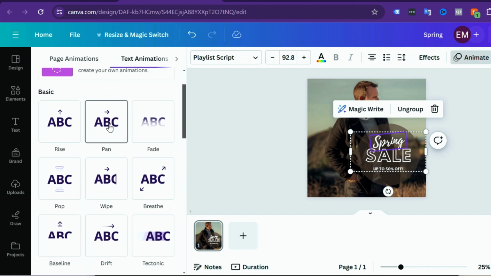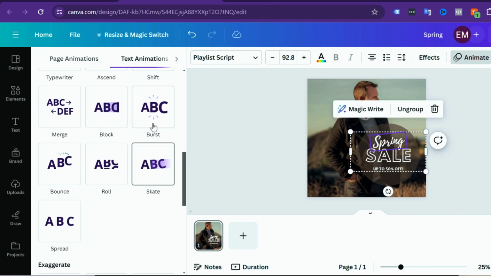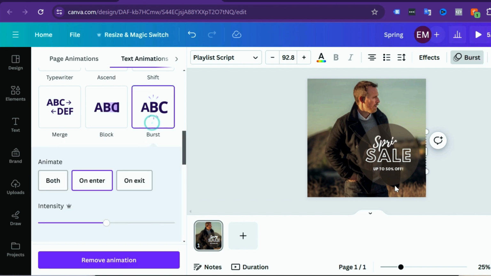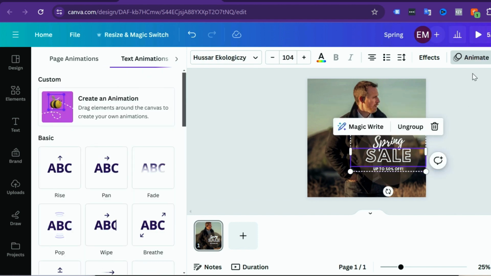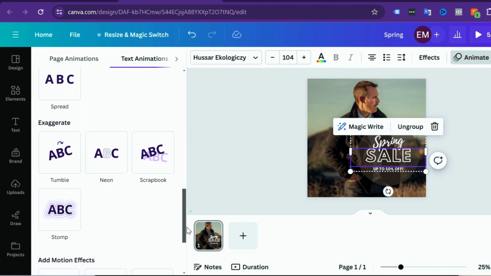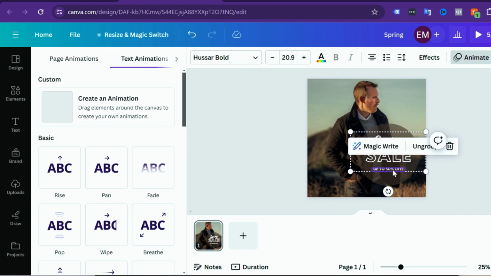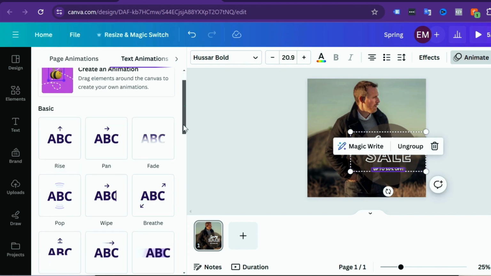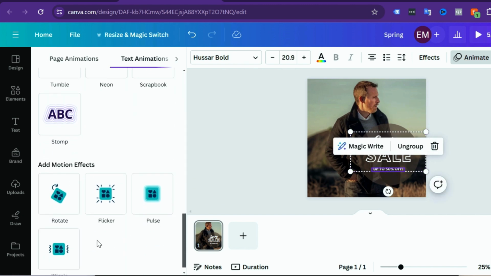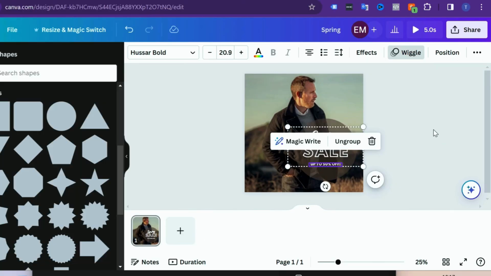If I hover my mouse, you can see the animation. So this is shift, this is burst. So I might select burst, and then for sale I could go animate, and maybe I will go stump. And then for up to 50% off, I could choose a different animation if I want, and I might go with wiggle. So now if we click play here, or we go full preview, you'll see what it looks like